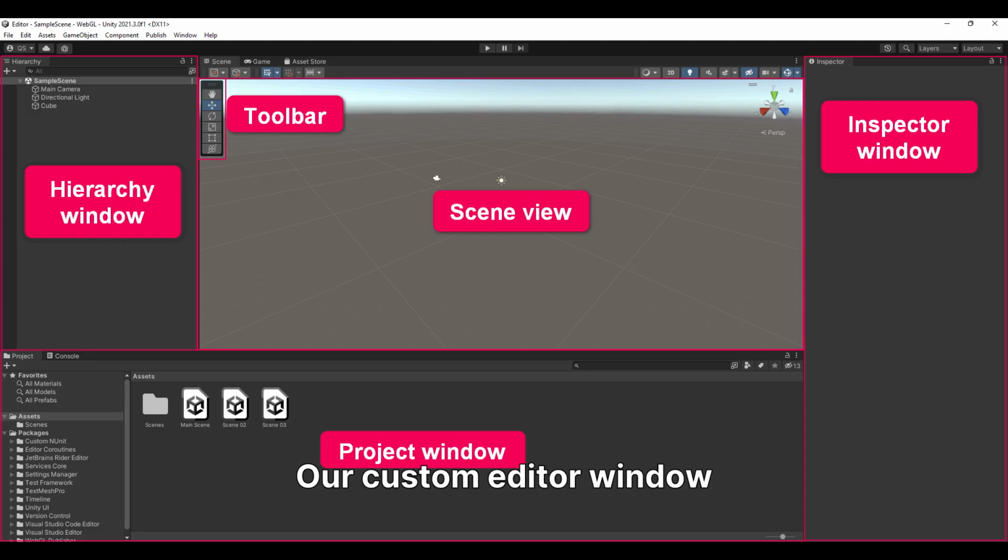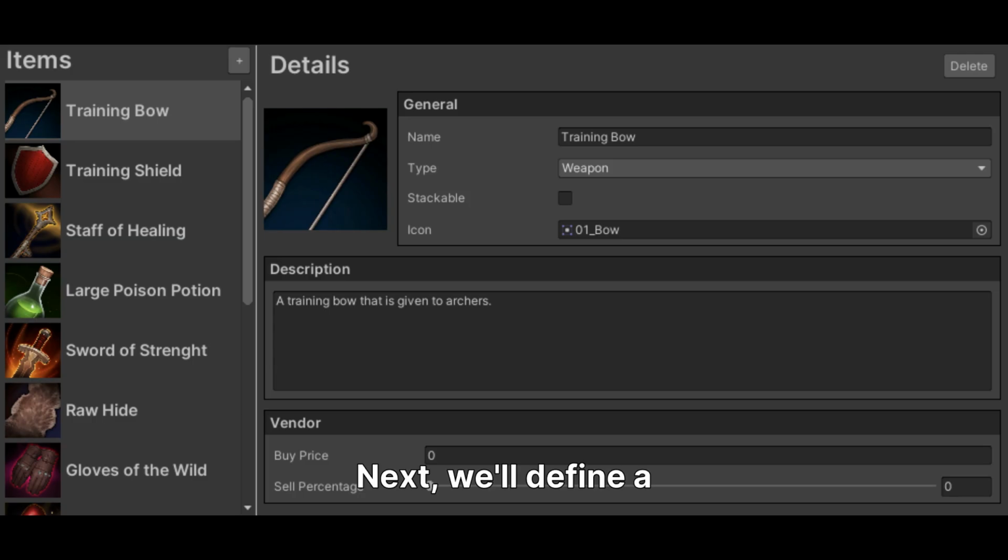Our custom editor window will inherit directly from EditorWindow. This base class is fundamental, as it provides the necessary framework and core functionalities for creating a standalone, dockable window within the Unity editor interface. Next, we'll define a static method that will be responsible for opening our custom window. This method is particularly important because it will be accessible directly from the Unity editor's main menu bar, making our